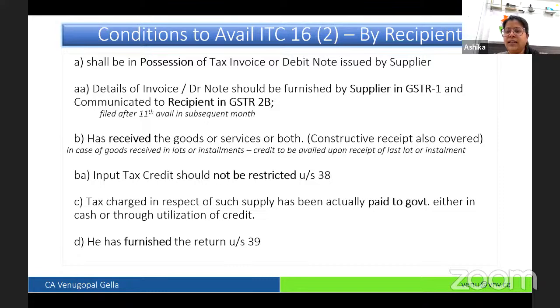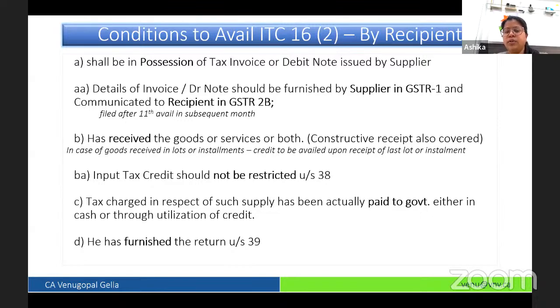Now, the thing is that tax has been paid to the government. It's not possible for the recipient to check. Having multiple suppliers, it's not possible for them to go and check each and every time whether my supplier's GSTR 1 data furnished and GSTR 3B data furnished are matching or not. And no supplier obviously will give you that detail, that my 1 and 3B are matching or these are my parties. Nobody will disclose this transaction. So to